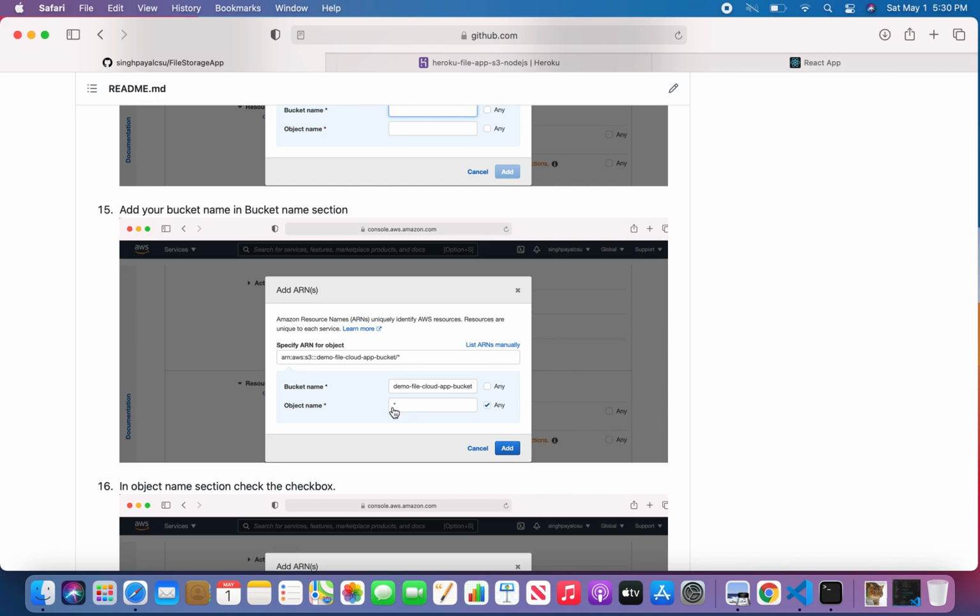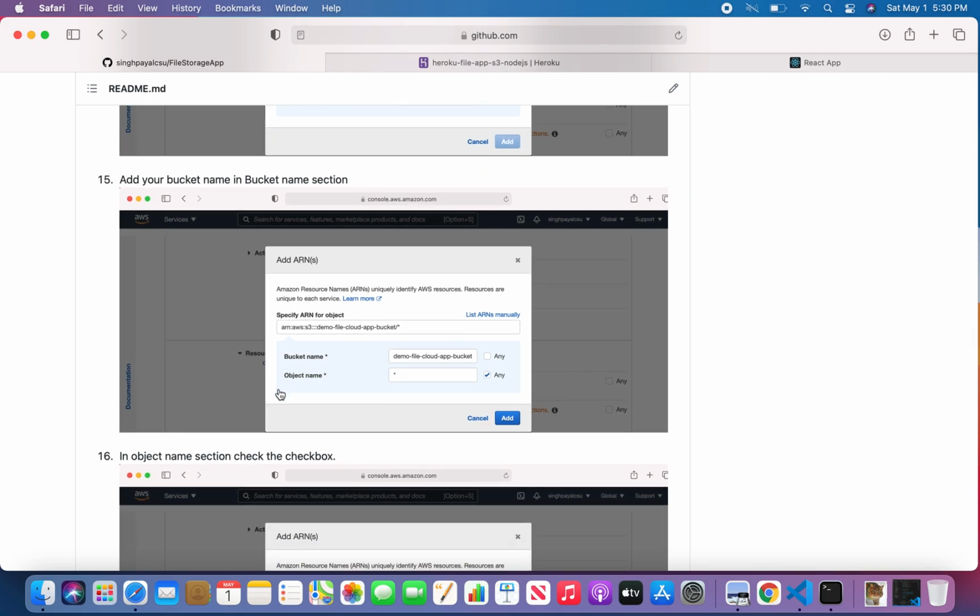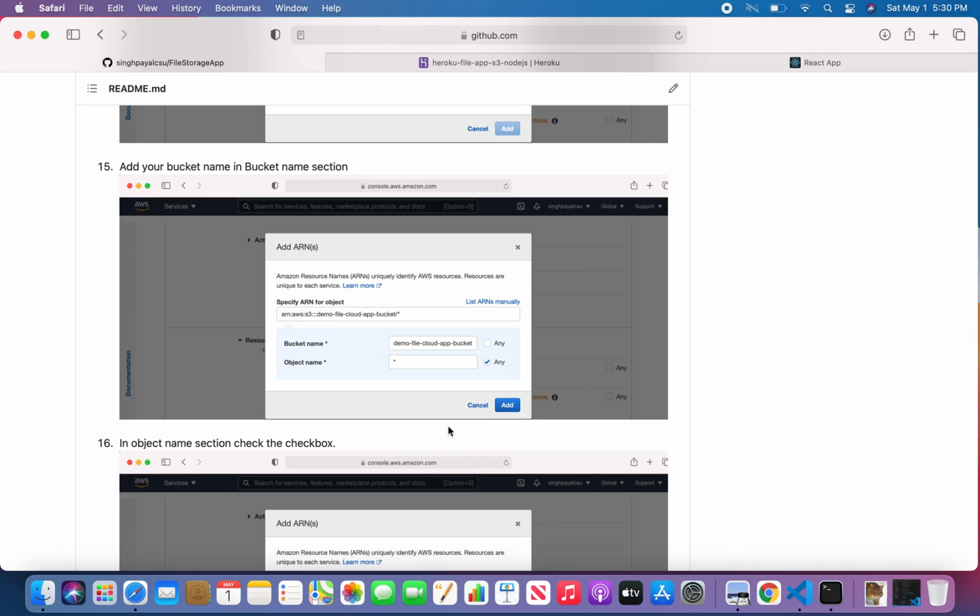This defines that the user will have access to all the objects of this particular bucket. So this is what it says, and just click on add.